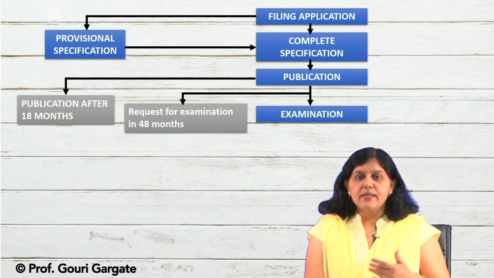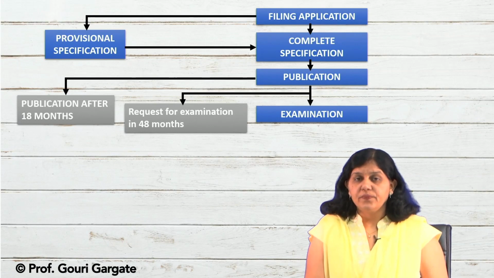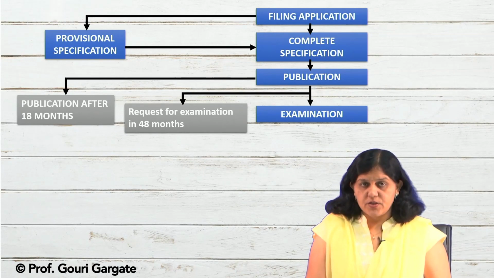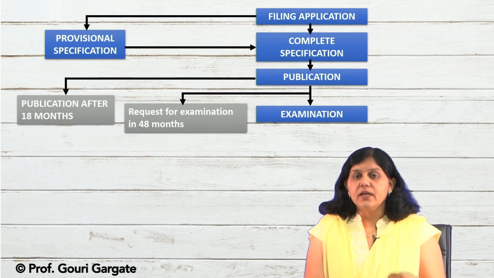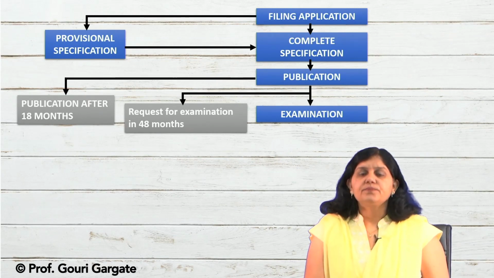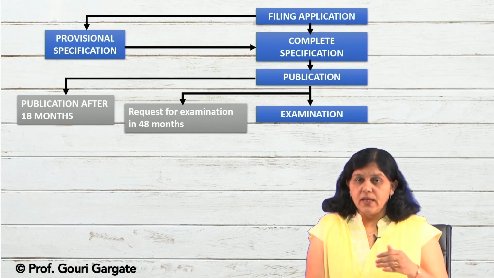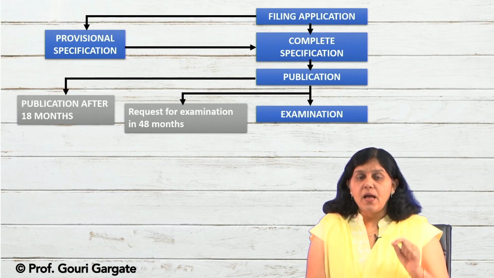Now, the third step, next step, is examination. Whether this is automatic like publication or you require to give some fees for that? Yes, you have to give fees for that. It is not automatic, you have to file the request for examination. So, here the applicant has to give the request for examination along with the requisite fees. Unless this request is received by the patent office, the application cannot be considered for patent examination. So, please note, normal publication is automatic, but examination is not automatic, the applicant has to